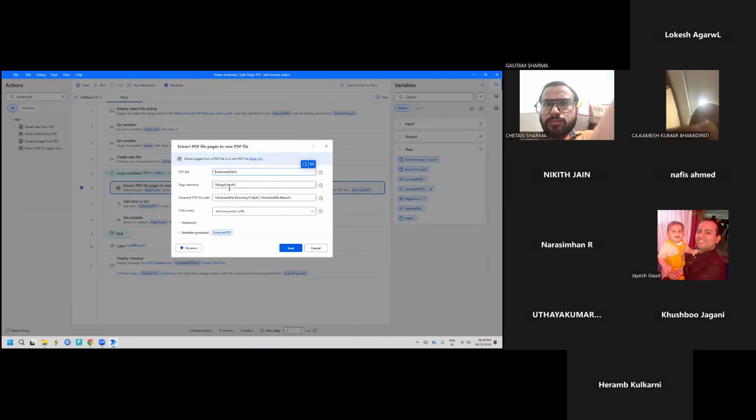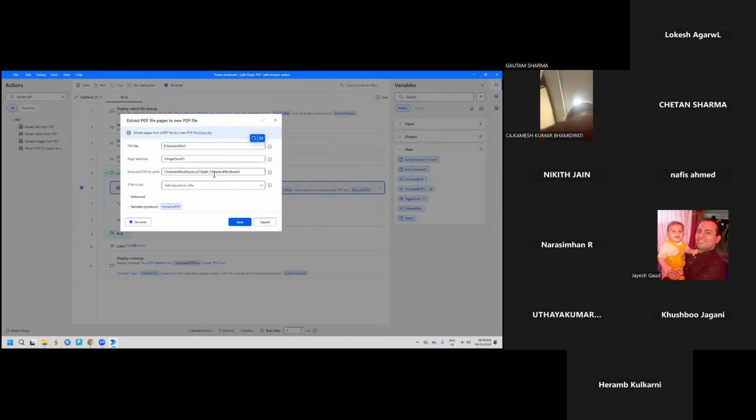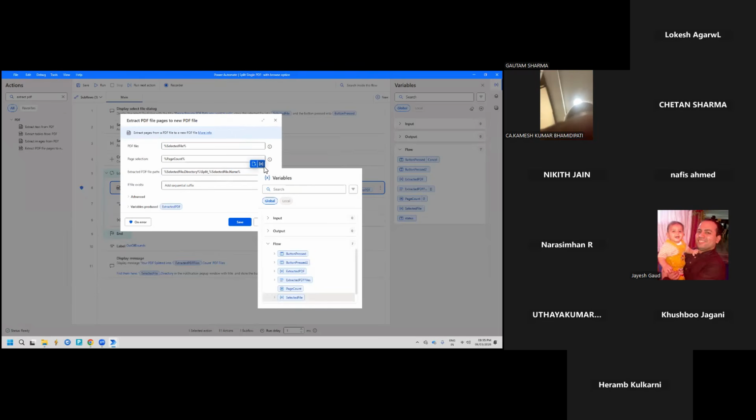And then page selection, we are getting the second variable here in the second step, page count. So we are checking the page selection and then the extracted PDF file path where we want to extract it. For this, what I have done, I have clicked on this X variable and then I went to this extracted PDF files,